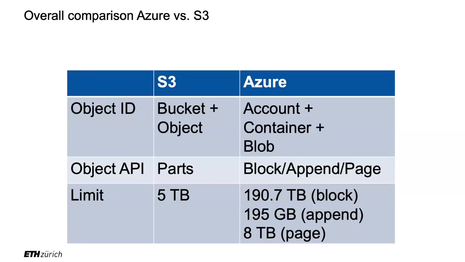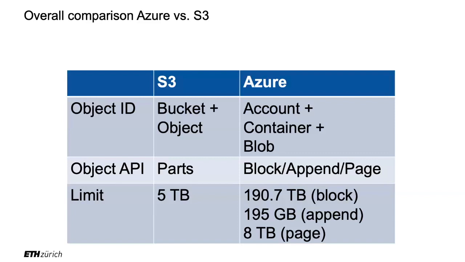And for Azure, there is the last one optimized with pages. The pages are basically to support the virtual machines running on top of their system. But you don't need to understand the details of that. All I'm saying is there are three different flavors of these objects. S3 doesn't distinguish between them. It probably has other ways to optimize.